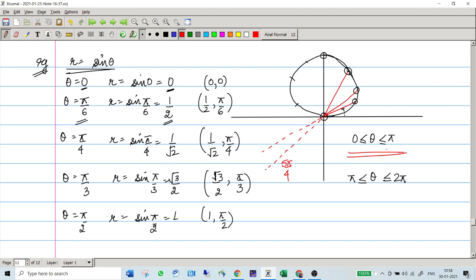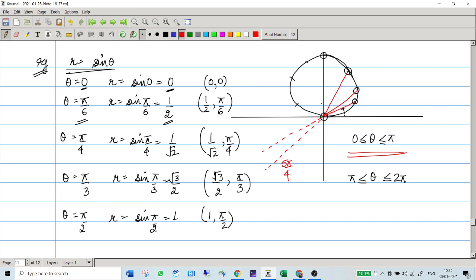We have to assume all the theta values for every question. Yes, you have to assume that theta is traveling on the real line, meaning for every possible value of theta you have to plot it. But because these are the values which we know, we can find the values for r easily using these values for theta. So we plotted them and drew a rough sketch so that we can have a look at how the graph is going to look. Right now it is going to look like a circle, you know it.